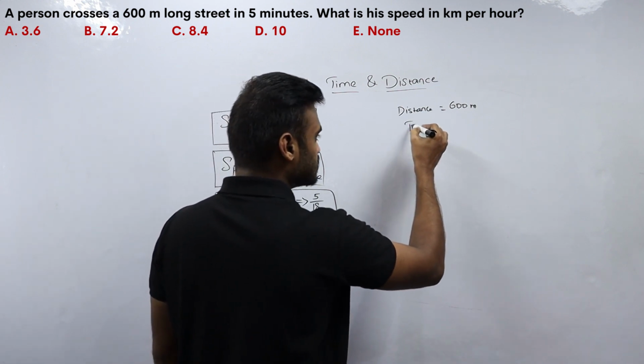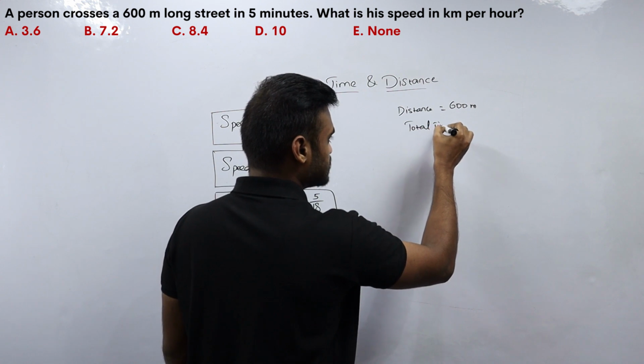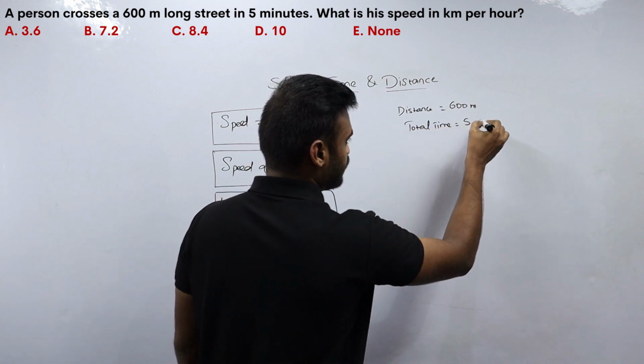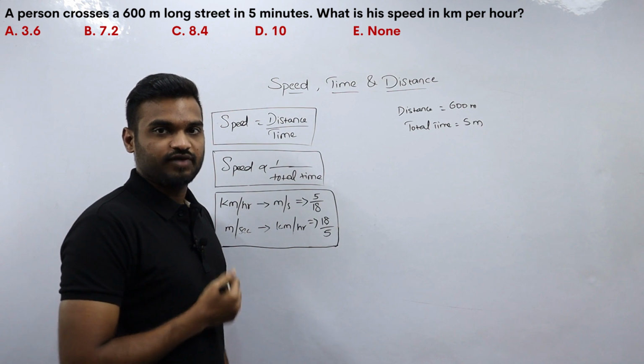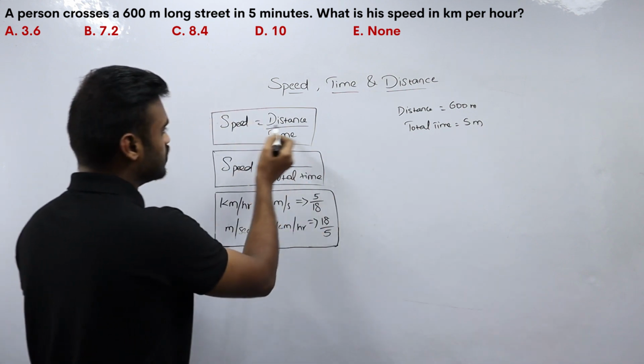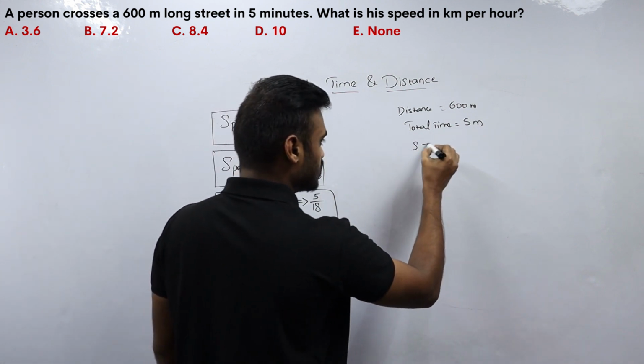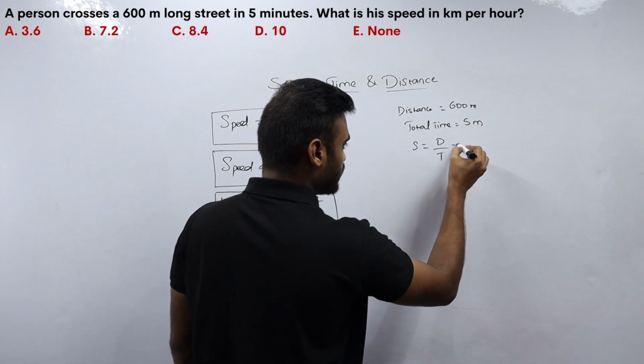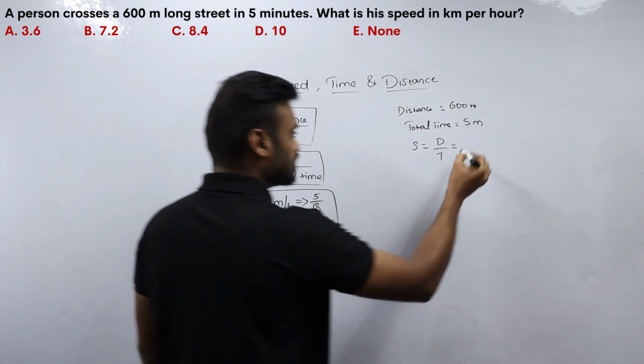So total time taken is 5 minutes. Okay, now we need to find out what is the speed of a man. So we already know speed equals distance by time. What is the distance here? That is 600 meters